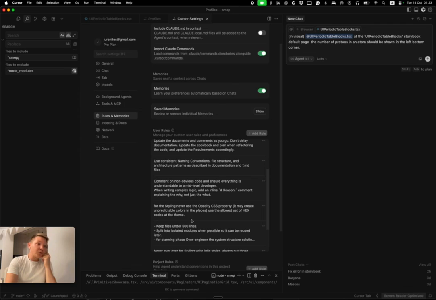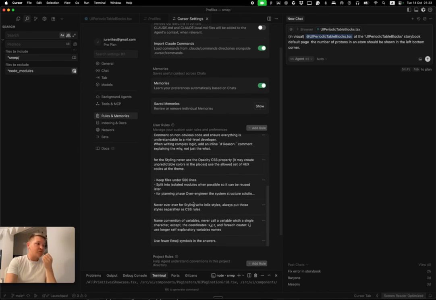And you can put whatever good approach or naming convention you prefer. So, keep files under 500 lines. I don't care, actually. It could be as long as you want, but I copy-pasted those rules from somewhere and they landed here.